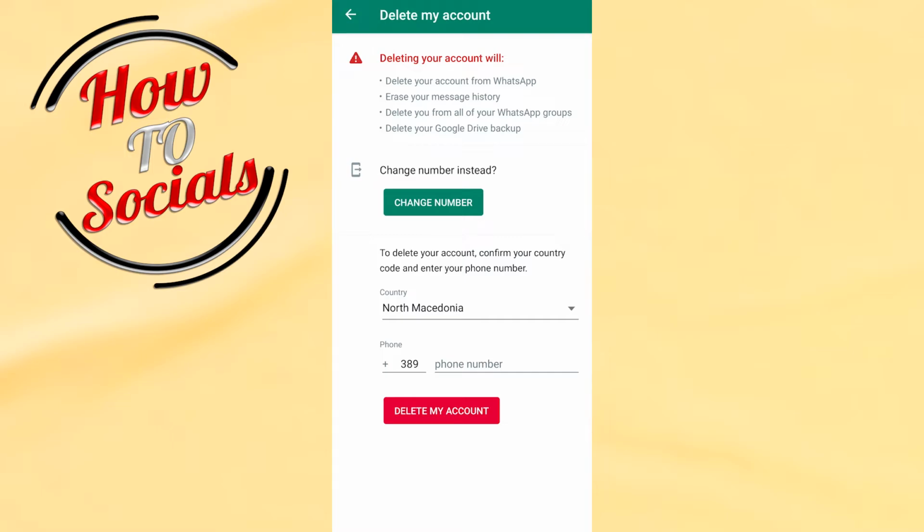What you need to do, you need to fill in all this information, your country, your phone number. If you change your number, you're gonna change it instantly on that button, or you can just, when you fill in all this information, just type on delete my account and automatically it will be